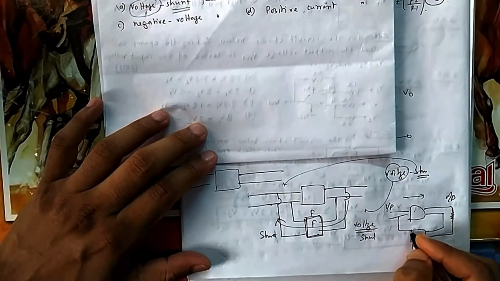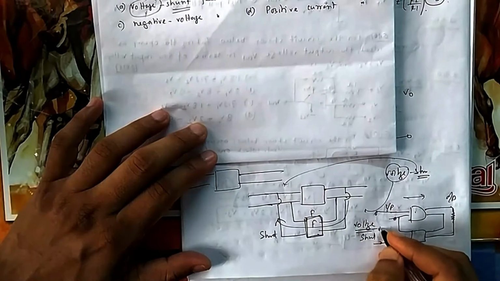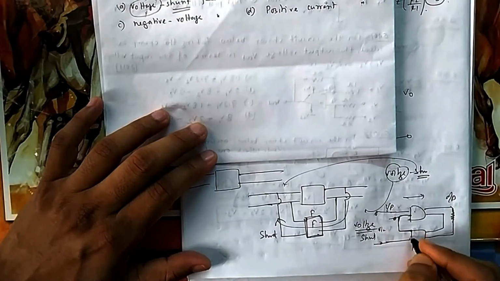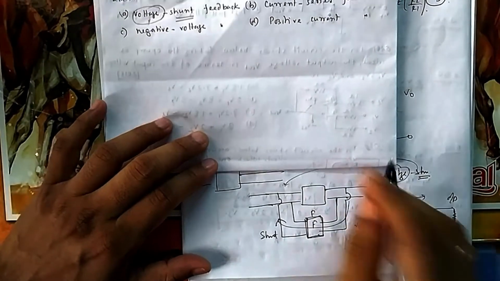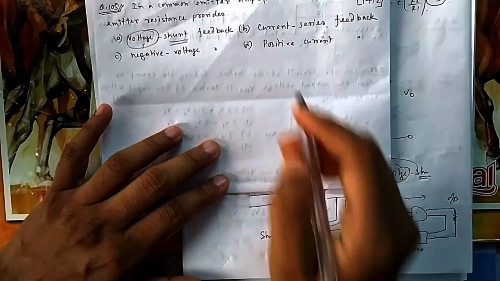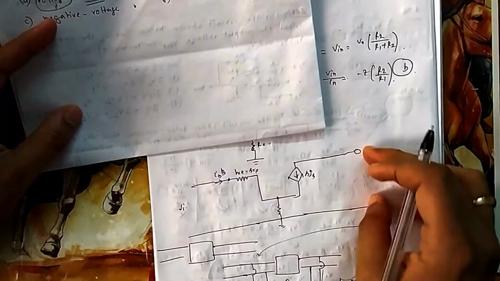So this is connected in series. The supply is given in series. This feedback is connected in series with the input side. In the input side this feedback is connected in series, and the output side is also series because it is current series. Current means this side and series means this side. This is your output side, this is your input side. You are taking the output current.